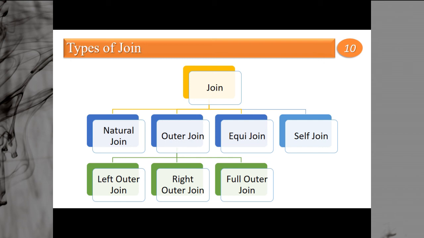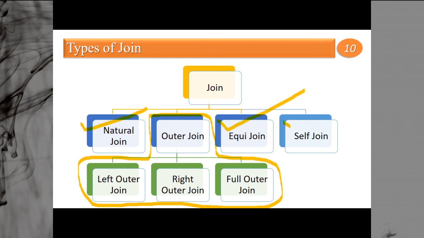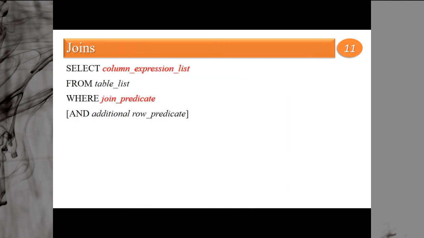Now for outer join, there are again three types of outer join. We have left outer join, right outer join, and full outer join. Though we will not discuss this entire thing because it is not part of our syllabus. We do not have this particular thing in our syllabus. So we will talk about the natural join, the equi-join, and the self-join in the video. So when you are performing a join operation, this is the syntax of joining. When you are performing join, you will be using this. Here you can see some of the things are very important, like in select, you provide the select list.